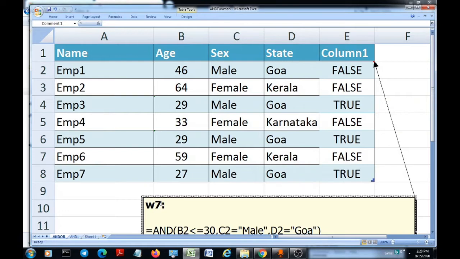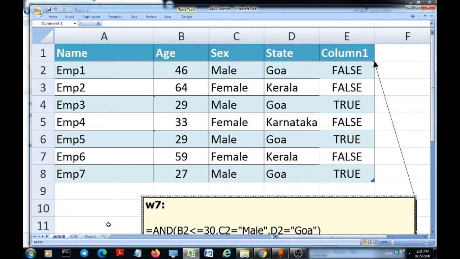Okay, let's try to understand this AND function with the help of two practical scenarios today. I have not seen many people using the AND function, but it has a lot of advantages which are going to be very helpful in resolving practical day-to-day scenarios. So let's begin with this function.